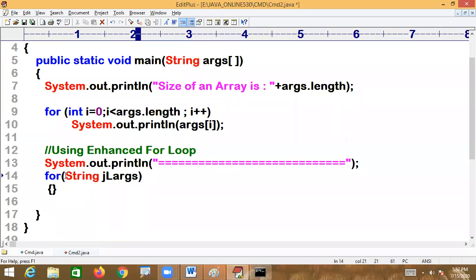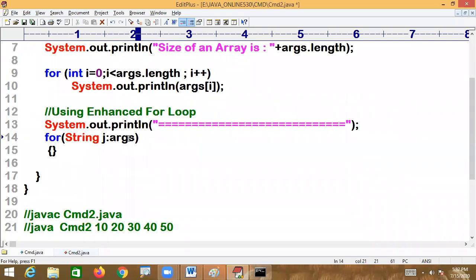This is the syntax of the enhanced for loop. What is going to happen? It will take one by one element, one by one value, from the aux collection to the variable j. First it gets the value at aux of 0 and assigns it to j. The j is nothing but aux of 0 only. Then you do not require to write aux of 0; just write j. That's enough.